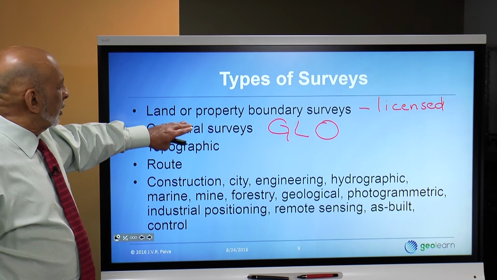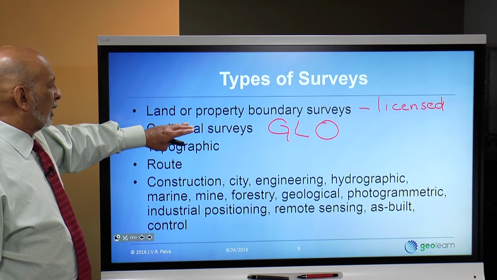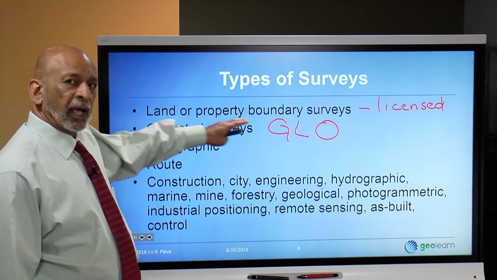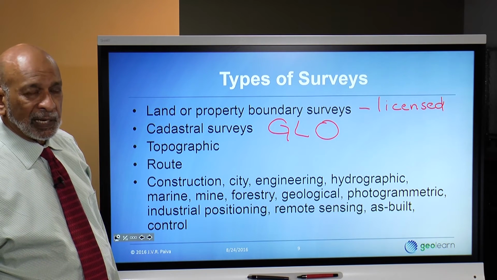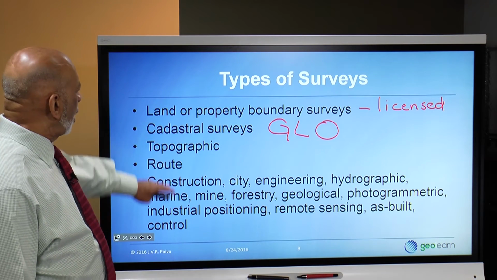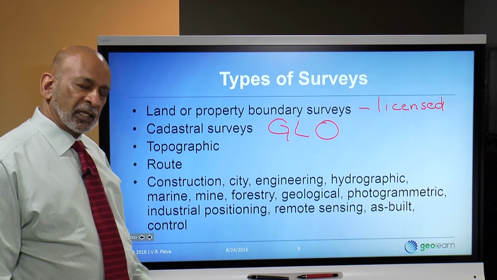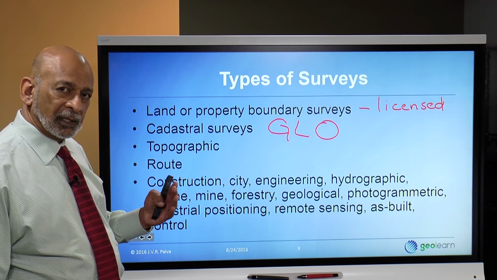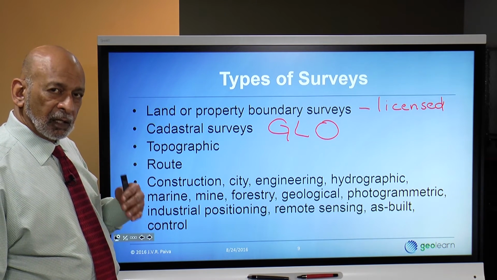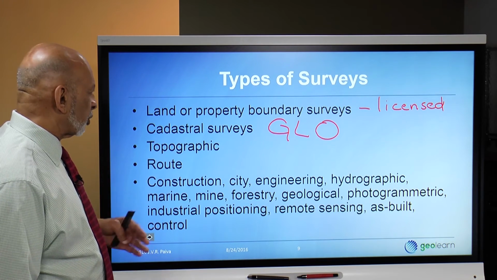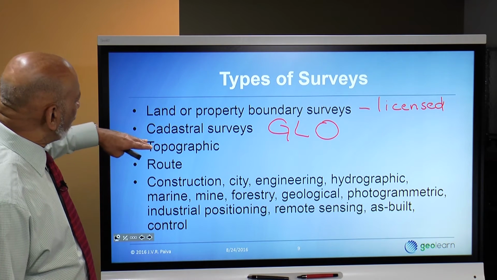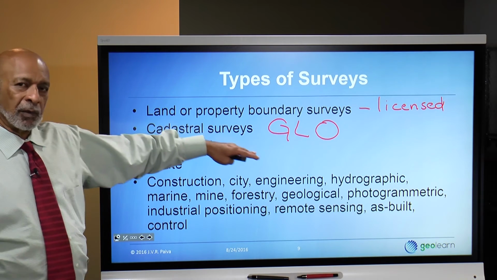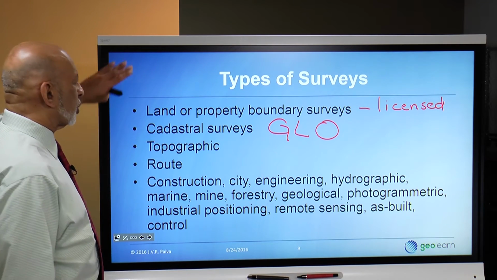So this is very often government surveyors, but there are many private surveyors still doing cadastral surveys, either under contract to BLM, essentially working as a deputy BLM surveyor, or where they're redoing a survey that was done a long time ago. And again, we're getting into some technical topics here that talk about resurveys, dependent resurveys and independent resurveys and so forth that can happen. But that would all be called cadastral surveying activity. It has to do with inventorying land by marking it off in some regular way so that it's capable of